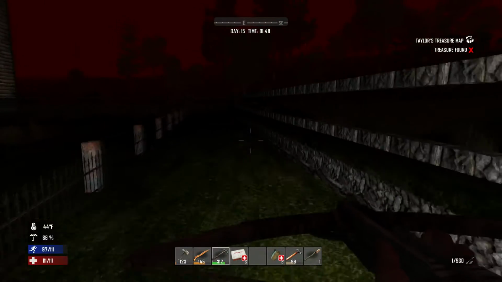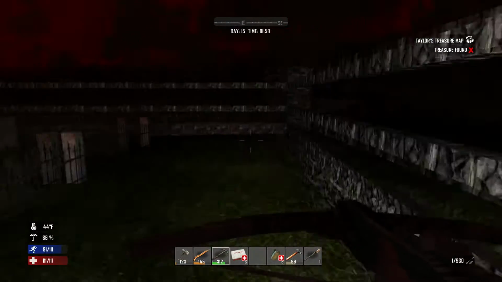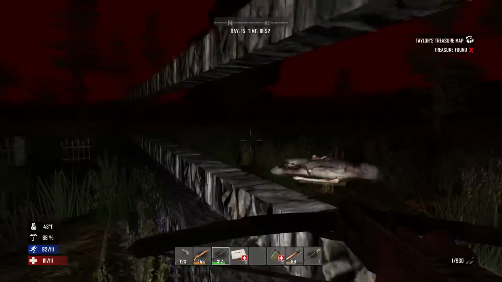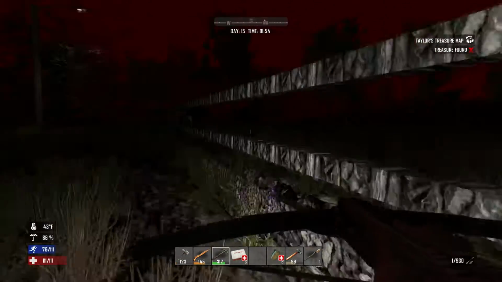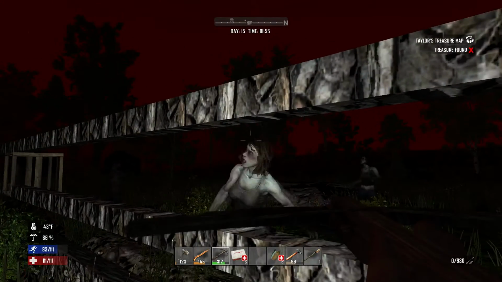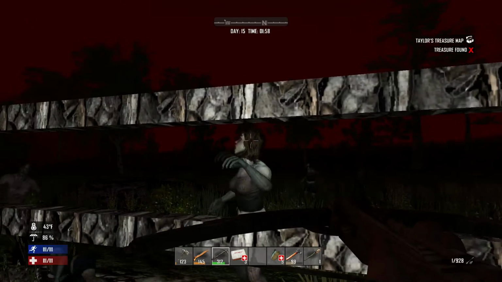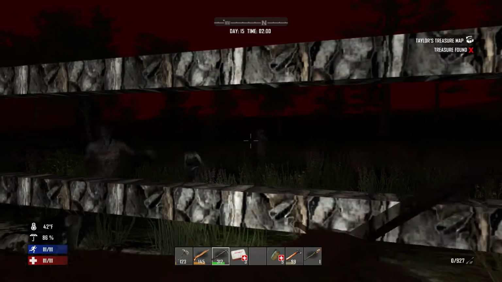Definite word to the wise, build small bases. If you have friends and you're playing together, you can do this easy. But solo, it's a lot to look after. Should be coming on to the end of the Horde soon. The number they're throwing at me right now, it sure doesn't feel like it, but